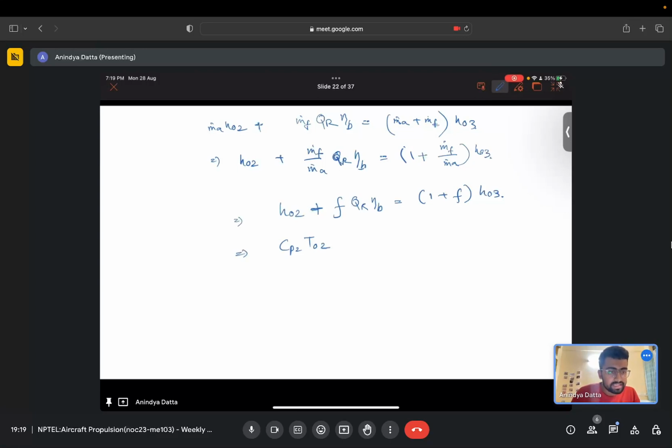So in real cases we need to consider that effect, because the specific heat of both the air and the exhaust gases are different. That's why here we need to consider the different specific heat at the inlet and the outlet. So at the inlet this is Cp2 plus FQR eta B, and at the outlet that is Cp3 times the